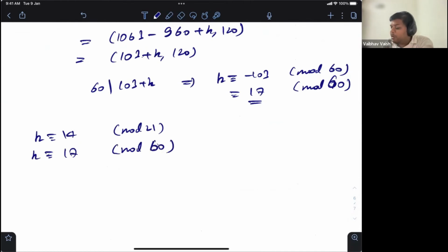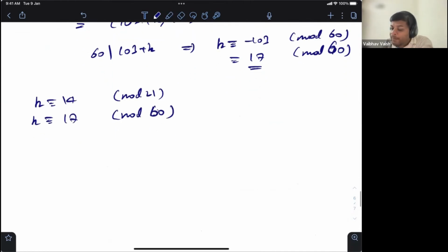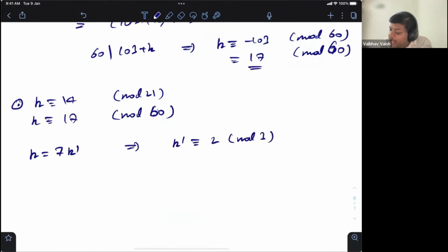What is the smallest possible solution? Well, you can actually reduce it because it is congruent to 14 mod 21. You know that k equals 7 times k prime. So you will get k prime congruent to 2 mod 3 and k prime congruent to